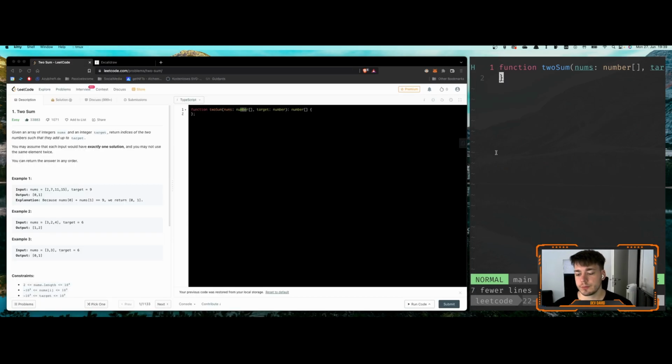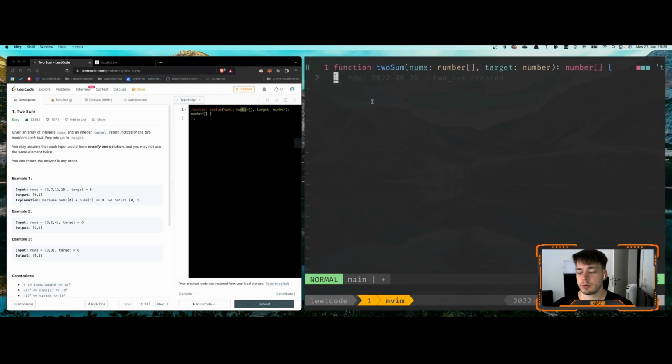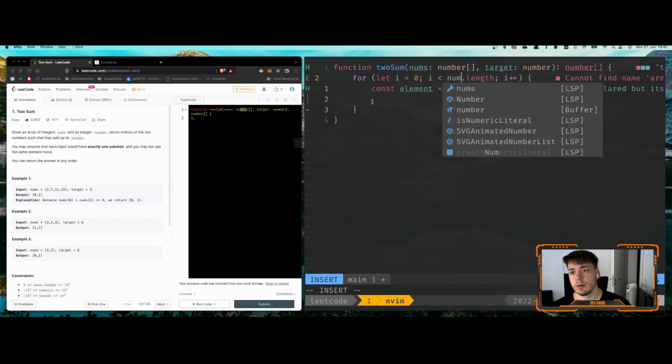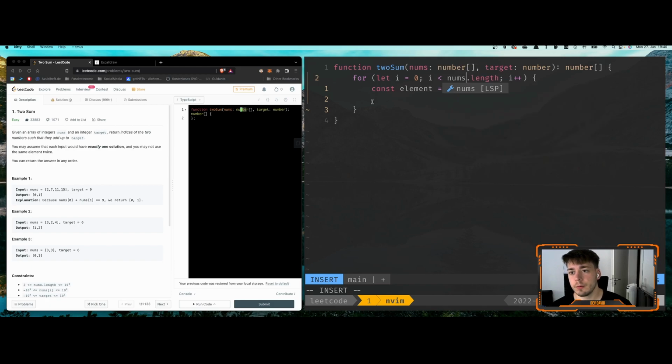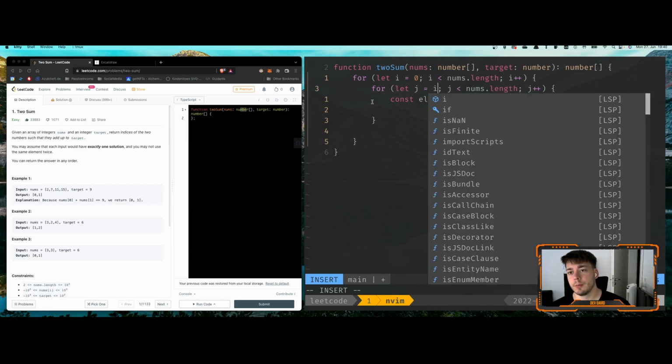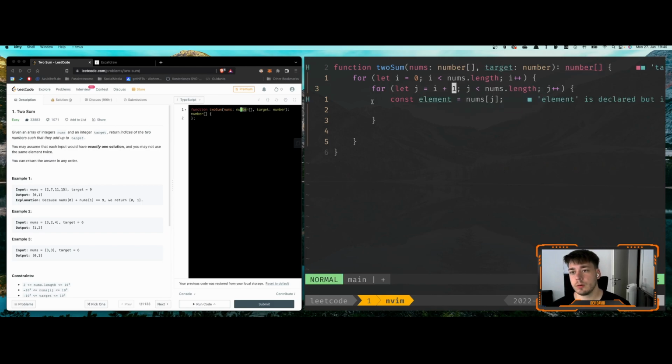So now let's code this. I'm using Vim as my text editor because I'm used to it and I use it daily. So like I said, we need one for loop with I and the nums length. And then we need a second loop inside this loop, which is called J, also with the nums. But in this case, we switch the J variable with I plus 1,